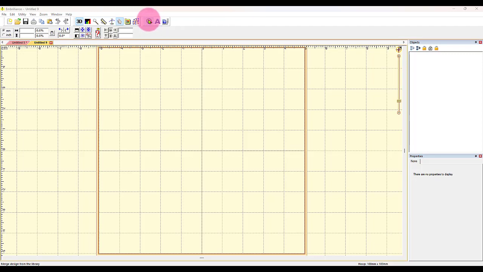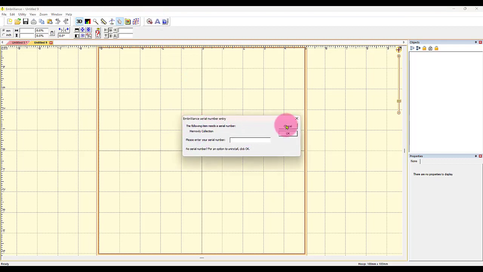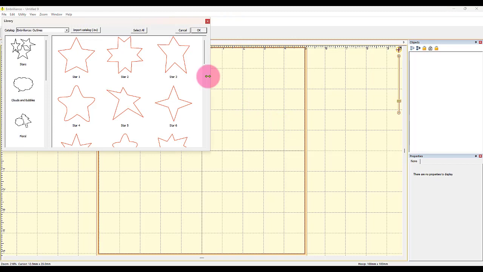When I click on it, something about Merrily may pop up on mine because I have Merrily, but I don't have it installed right now because I just want to show you Stitch Artist Level 1 basically. So I'm going to click here. Yeah, see, I'm going to ignore that, and then it's going to open my library. So here's the library,